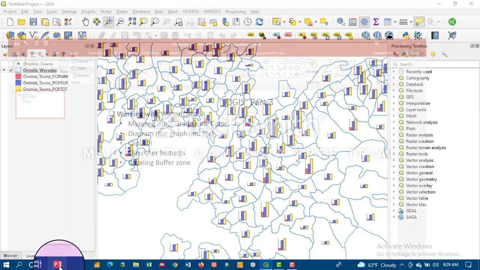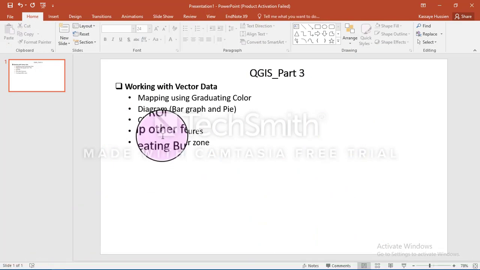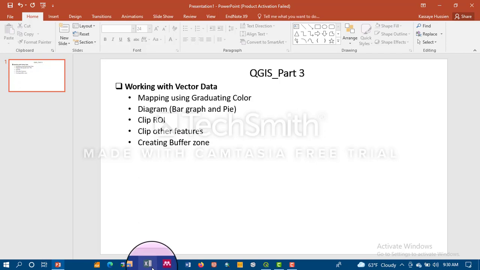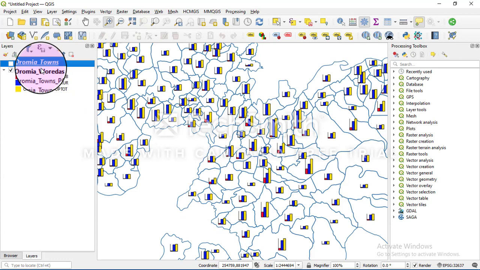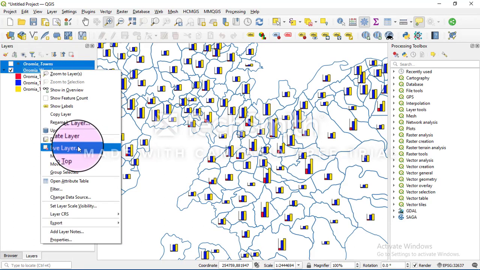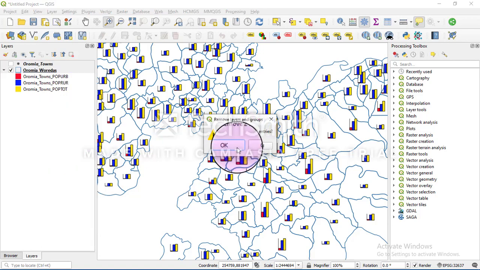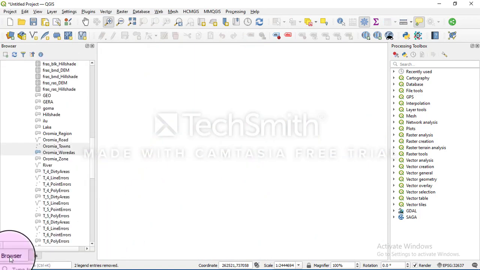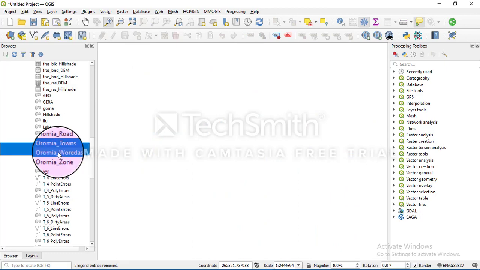Right, the next one is the clip other features. Clip area of region of interest or area of interest, and clip other features using the region of interest and creating buffer. First of all, let us clip region of interest. To do so, now we have to remove this one. To remove, right click and remove layer, yes, and again go to here, again add